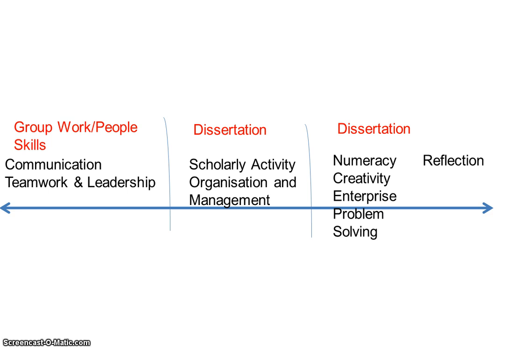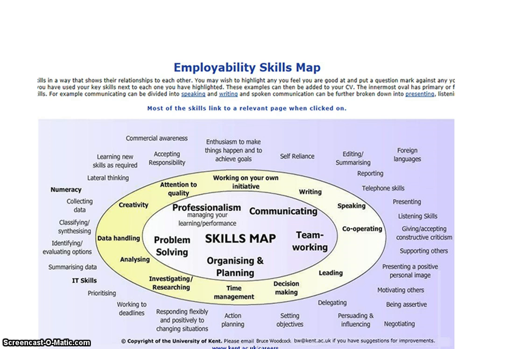Let's move on. I like this a lot. The University of Kent have provided this wonderful resource. I think it's brilliant. It covers a very good overview, in this screen grab that I provided, of the employability map. Right there in the middle are what they call the primary, the fundamental skills. And as you move out to the next oval, those are the intermediate skills. And right there on the outside, in that scattering, are the very specific skills.